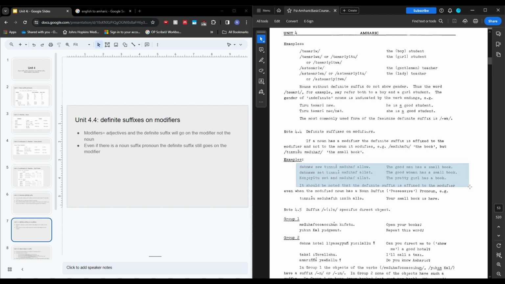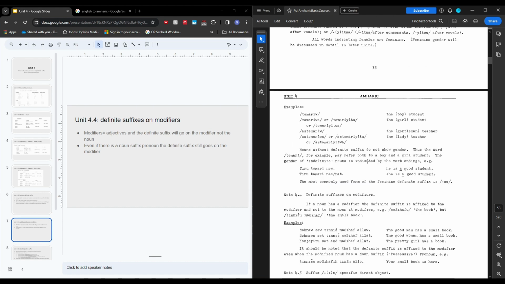And here are other examples of that I think are pretty helpful. So we're talking about so, which just means a man, and we're modifying it by saying that he's a good man, which is dena. Dena is good. But we want to say the good man, it'd be denao. So the good man. Tinish misaf, small book. So this is the same modification as the one up here, but we're not saying the small book. We're just saying it's a small book, so we don't have to worry about adding any definite suffix onto the modifier in this case. So you can just say tinish misaf, which is a small book.